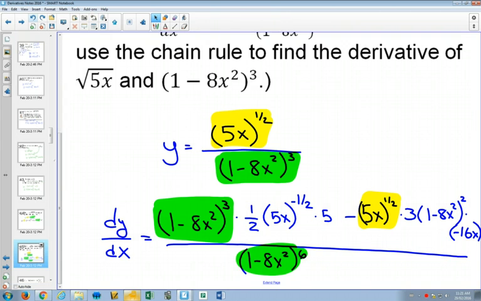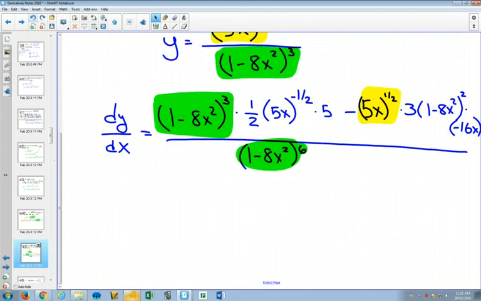So then, this is if you wouldn't have to simplify it. But to give you an idea of what your textbook is going to do in a question like this, and what I'm going to expect you to do when I give you a quiz, because I'm going to give you a simplified version of the answer and ask you to get your answer to look similar to it. So what we're going to do here